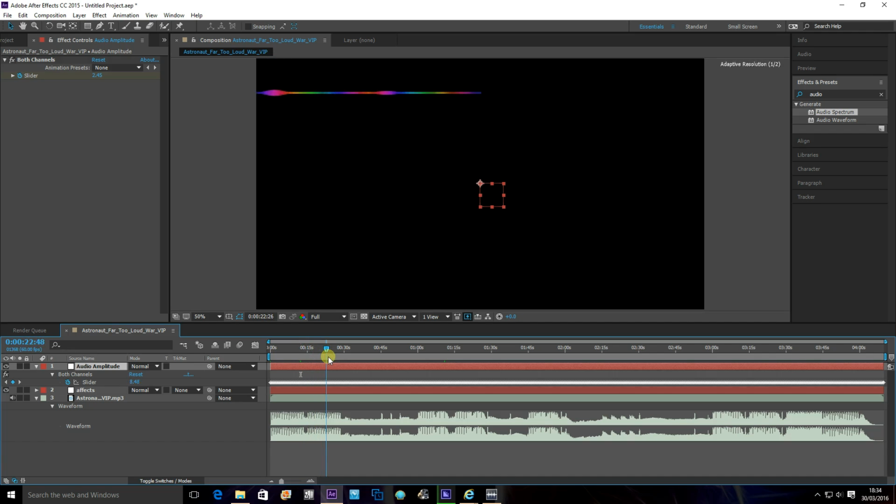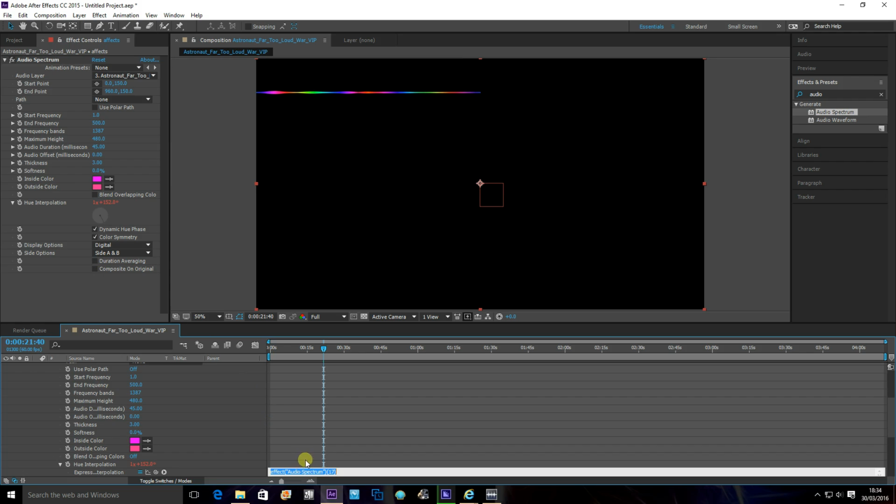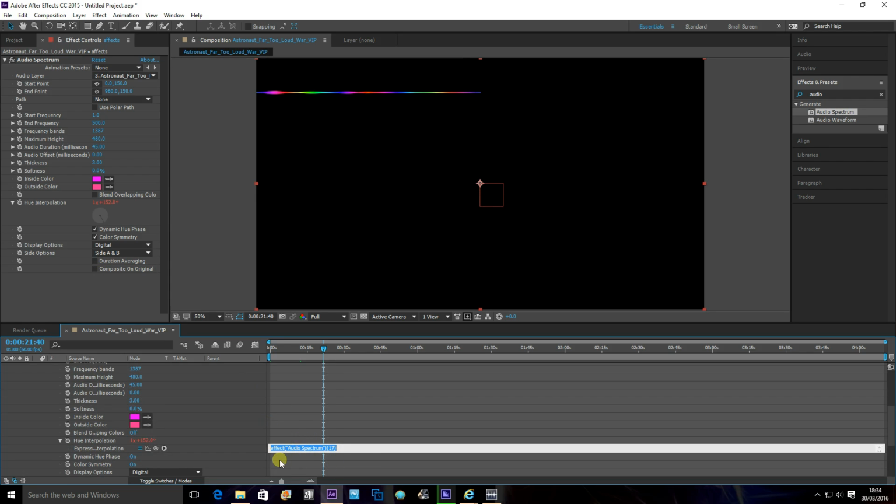That's your keyframes, so your amplitude. Now that is going to play a big part in a second, and throughout most of the effects. Let's go back to our effects, press Alt on the stopwatch and click it. As you can see down here, it says Effects, Audio Spectrum. What you want to do is type in 20 star, which is 20 times, and pick whip with this little icon here